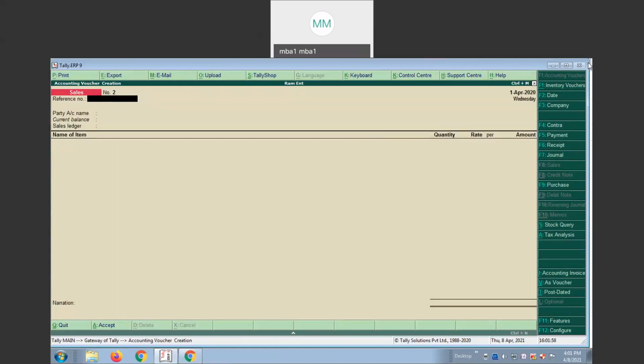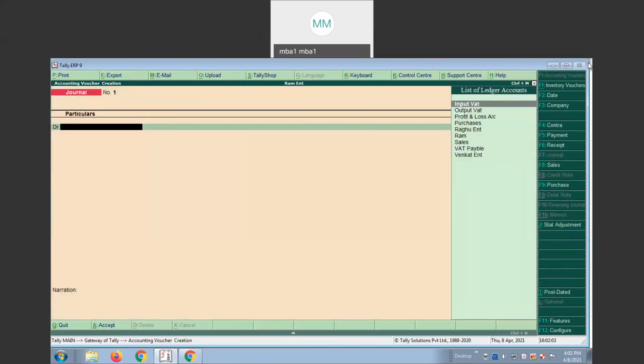What is the shortcut key we need to use to write the journal? F7. All of you use this shortcut key F7. I think this is the first time to use the journal option. Select the journal option. In that, first output VAT.